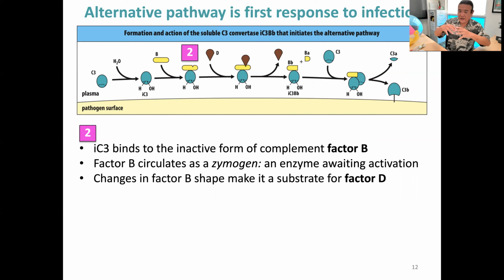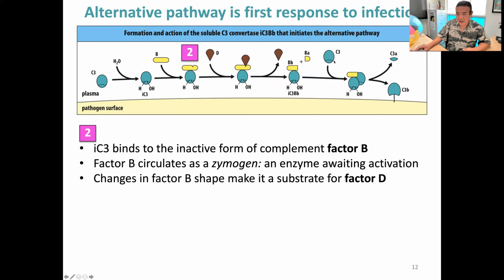In other words, once the factor B is fully activated, you can see it splits the factor B into Ba and Bb. This Bb is now bound to the iC3, and that is now the right shape together to